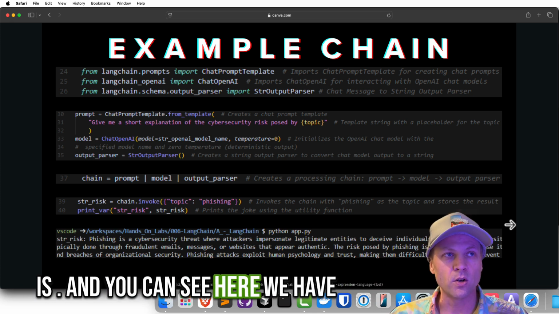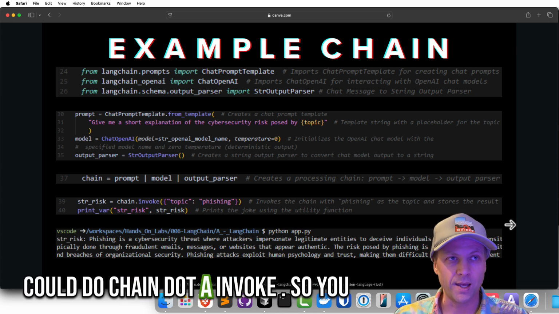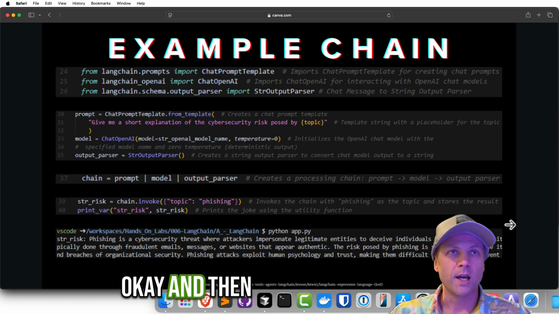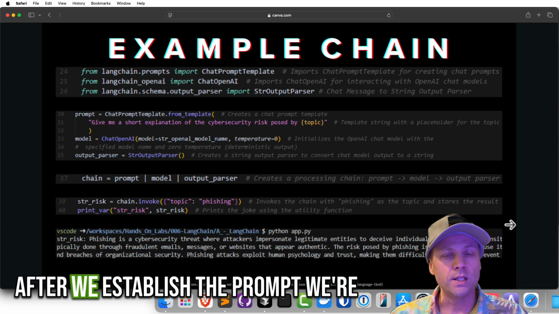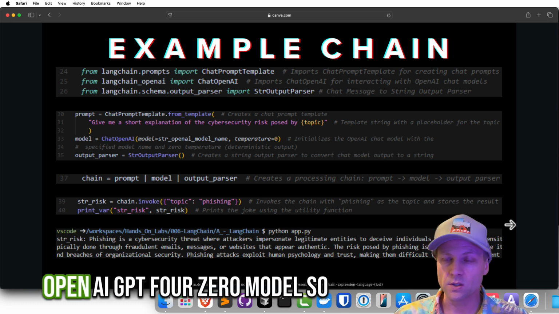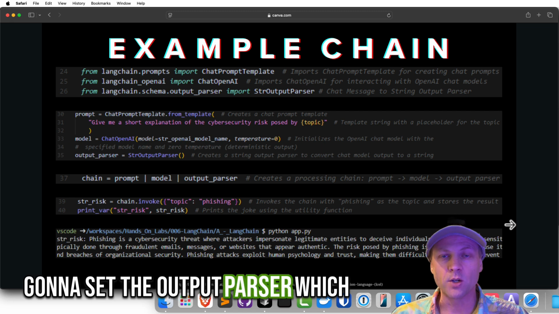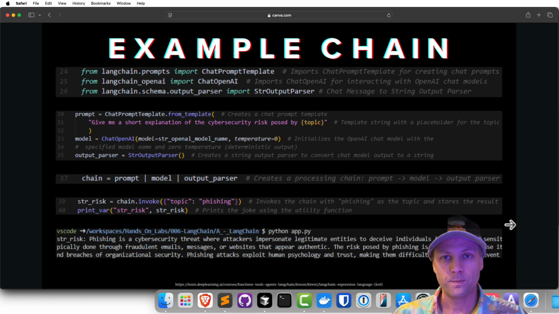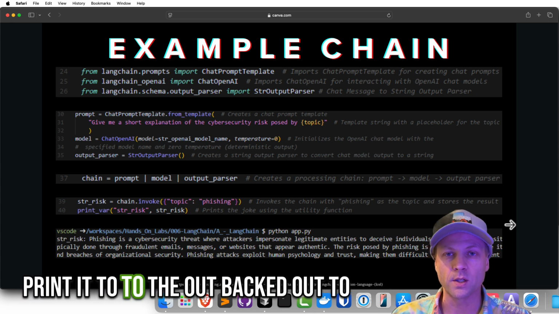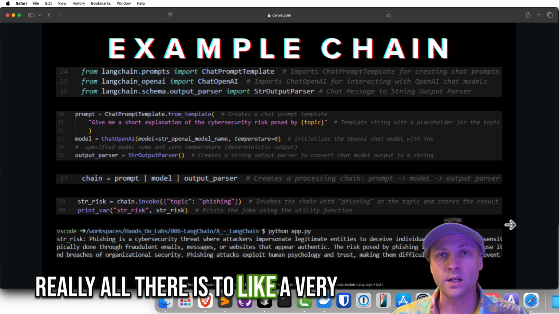And you can see here we have chain.invoke. If we wanted to do the async version of that call, we could do chain.ainvoke. So you can see there's an async version of pretty much all the calls. Okay, and then after we establish the prompt, we're going to set up the LLM model, which in this case is just the OpenAI GPT-4o model, so pretty standard. And then we're going to set up the output parser, which is going to be that string parser. So it's going to take the response from OpenAI and convert it into a string, and then that'll be easy for us to print back out to the user via standard out. And that's really all there is to a very simple